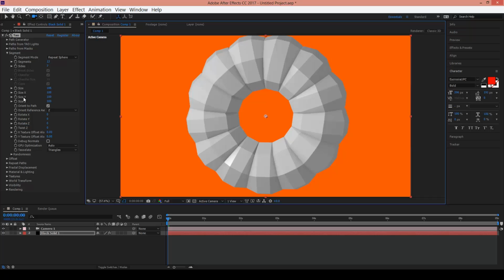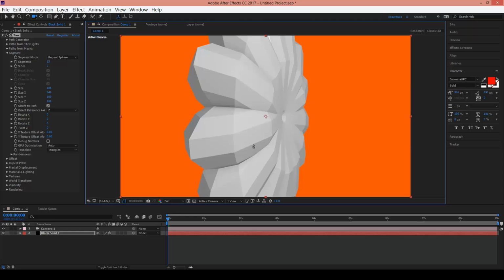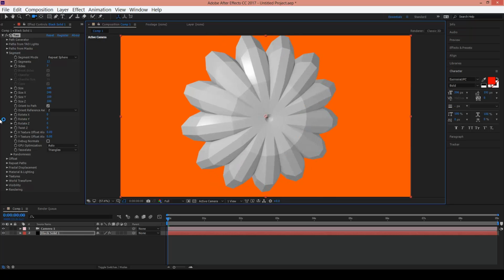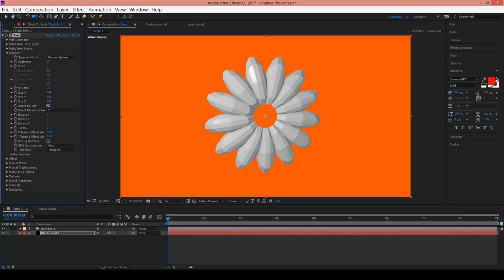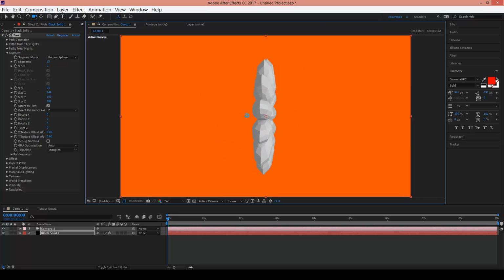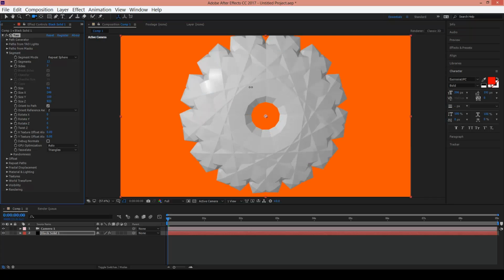But if you, for example, increase or decrease size in X or size in Y or size in Z, now if you increase, for example, size in X, as you can see, it just increases size in X. Decrease all size to see better. As you can see, it will be like this. Or for example, if you change size in Z